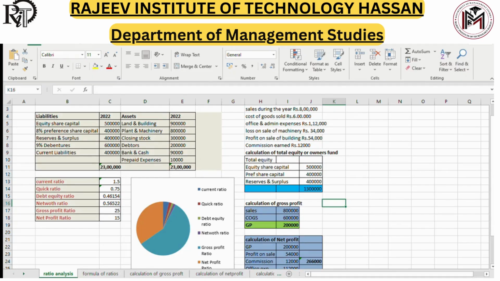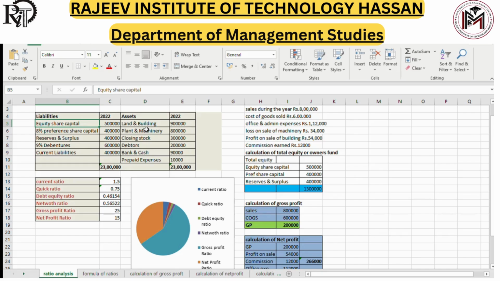This is a topic related to ratio analysis based on the financial statements. That is the record I have taken for analyzing the financial statements for one year, the year 2022. We can easily go through the equity share capital, preference share capital, reserves and surpluses, 9% debentures, current liabilities,